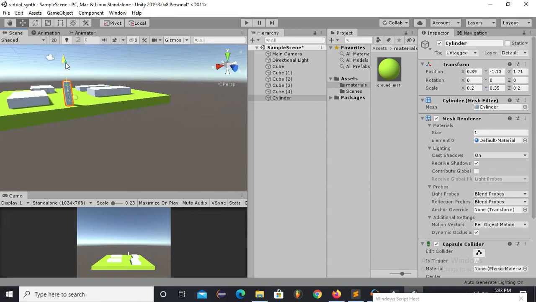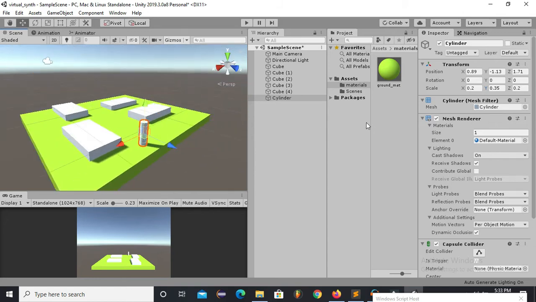So now all objects are at their right position. Now I will add some more material.